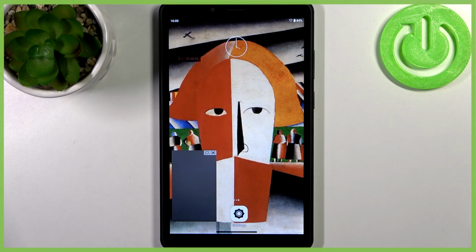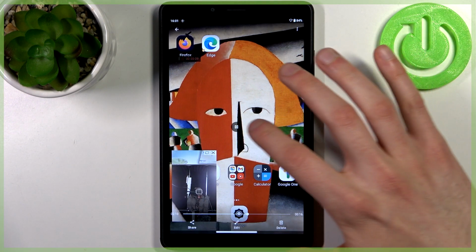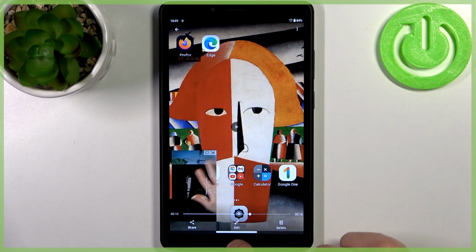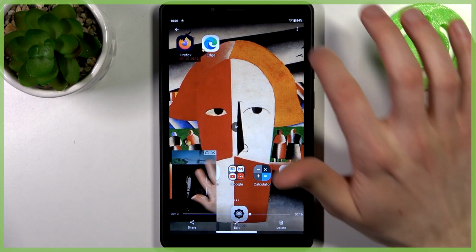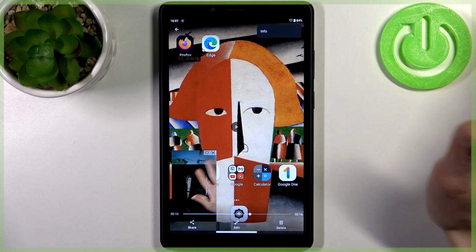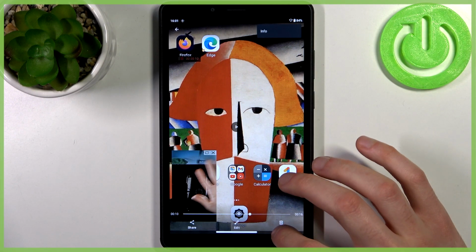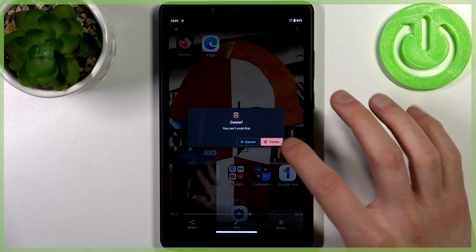From here you can share, edit or delete your recording, and some actions from here like check info or something like that. So yeah,